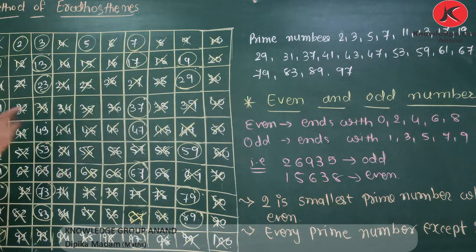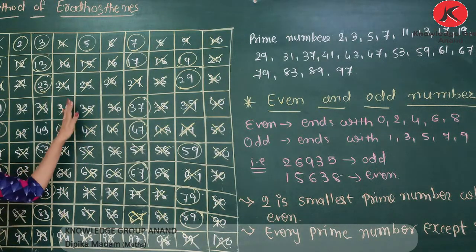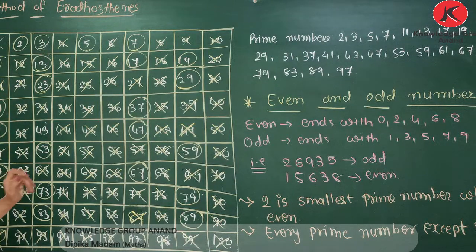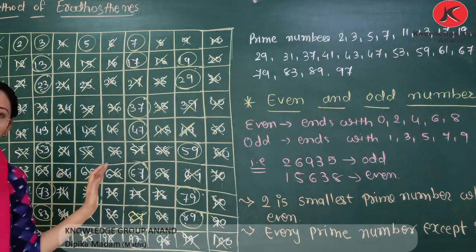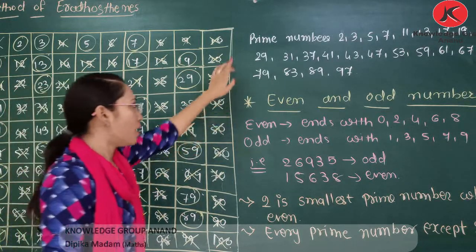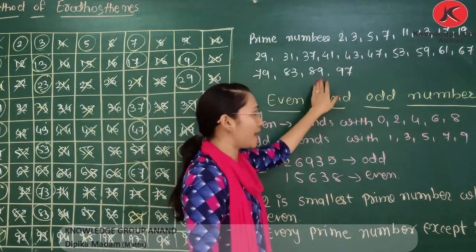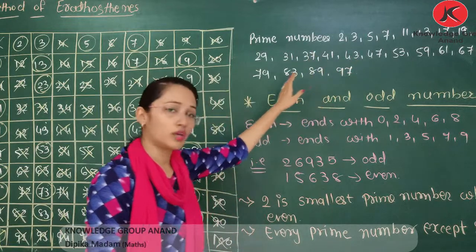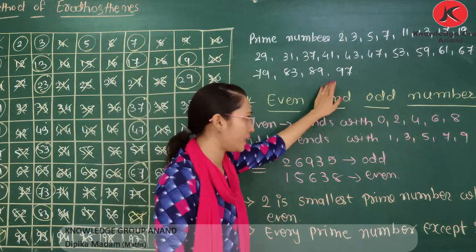So the remaining numbers will be called prime numbers. Okay. You have to find the prime numbers using this method for 1 to 50. તમારે શું કરવાનું છે? 1 to 50 નંબર્સ લખવાના છે આ રીતે, અને એમાંથી 1 to 50 ના પ્રાઇમ્સ નંબર આ રીતે કેન્સલ કરીને ફાઇન્ડ કરવાના છે. Clear? So from this table, prime numbers are this many, 2, 3, 5.